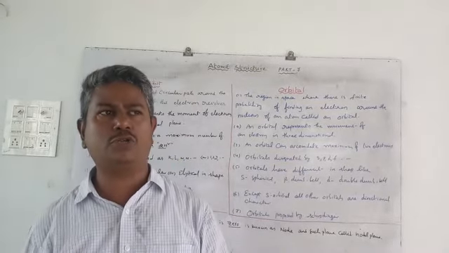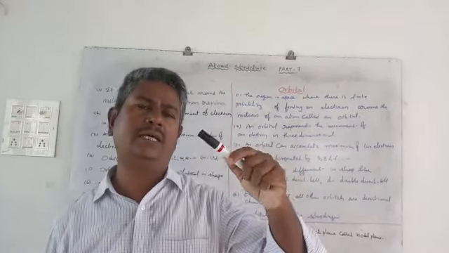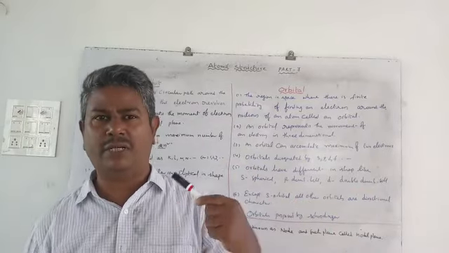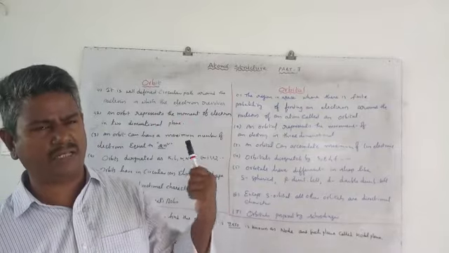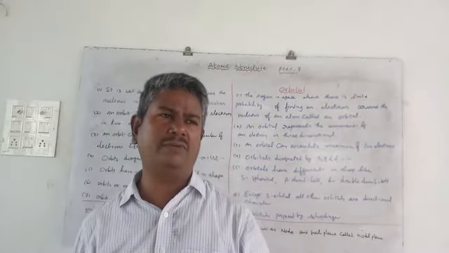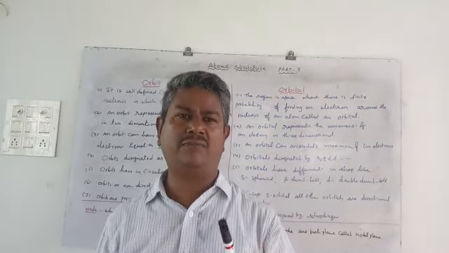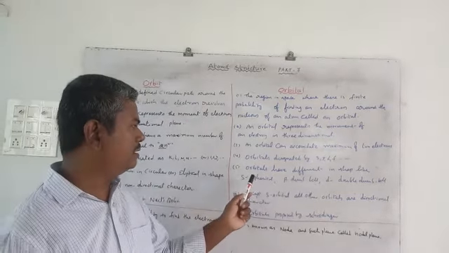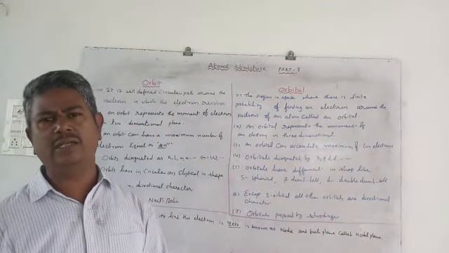Whereas in the case of Sommerfeld, he considered elliptical shape, like the planets around the sun. So both the orbits are in the shape of either circular or elliptical shape. But most scientists suggest that all the electrons revolve in a specified circular shape only. Whereas here the orbitals are different in shape.